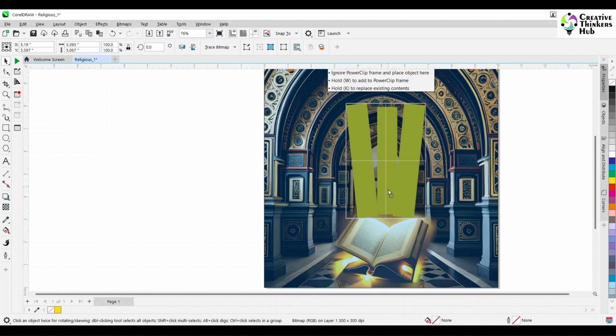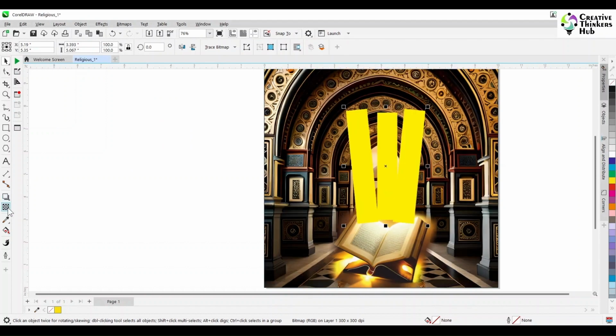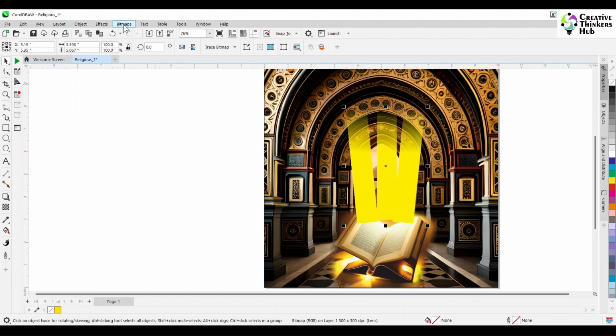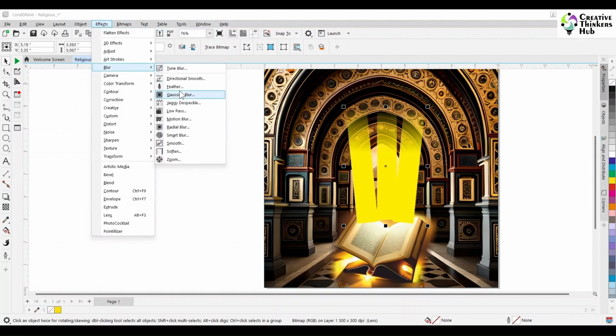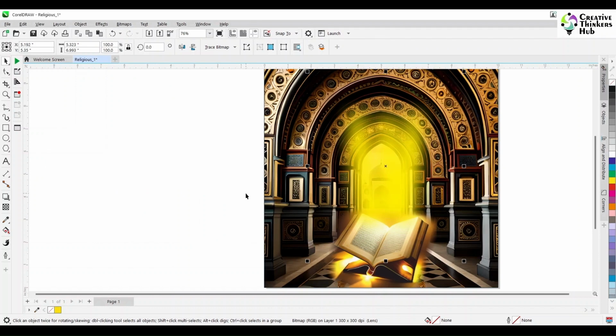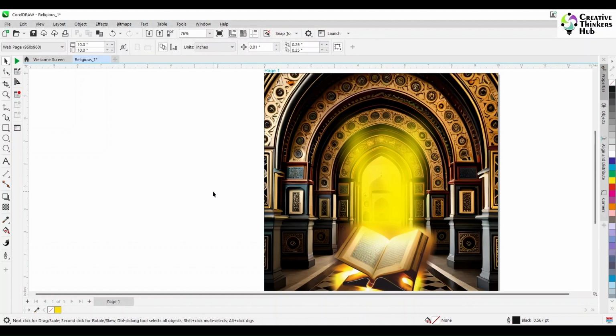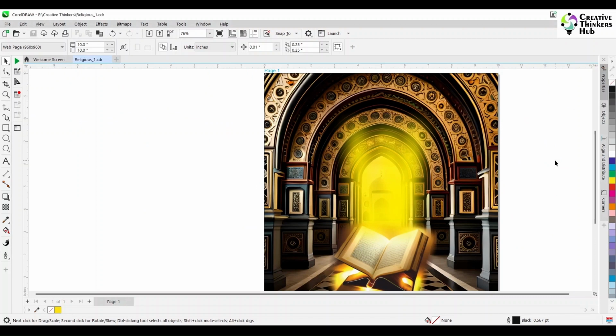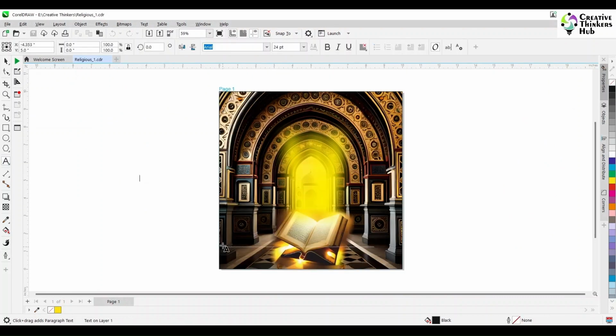Now we take our, convert them to bitmap, put them here and give them a gradient. Let's give them from the upper end because we want that thing to fade into the sky. Okay, and then use our effects, blur, Gaussian blur, and give a very high Gaussian blur. Okay, so that those sharp rectangles are not seen, and that's how you get your glow. Now what we are going to do is save the artwork